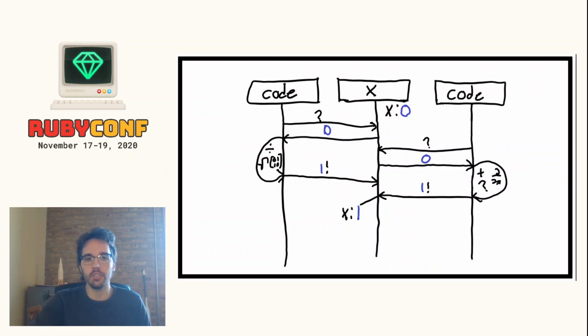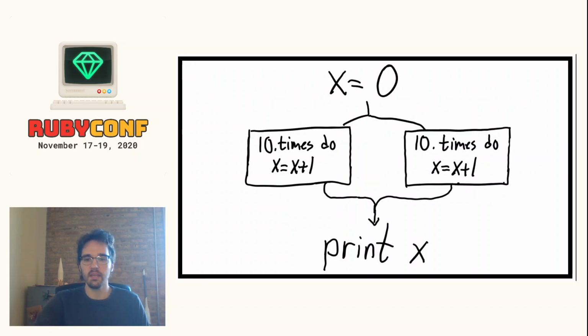So now I'm going to show you just a quick puzzle, which is this. Imagine that we started out with x equals 0, but instead of the codes on the left and the right each incrementing x once, let's say they each increment x 10 times. So the question is, at the end of all this, when we print the value of x, what are the